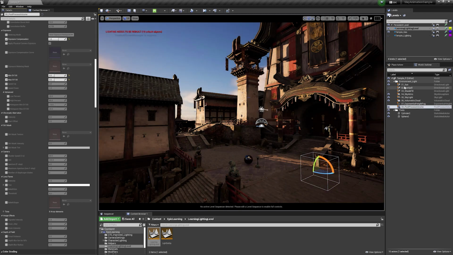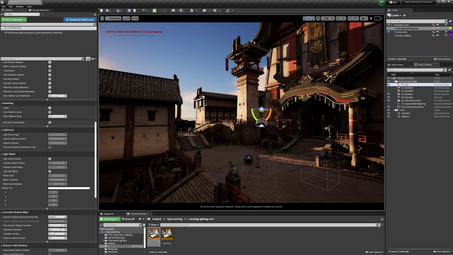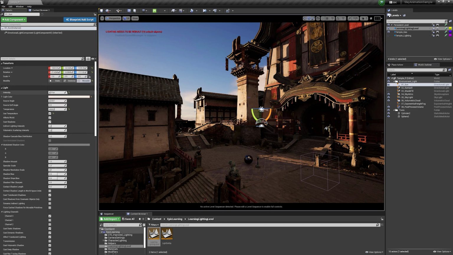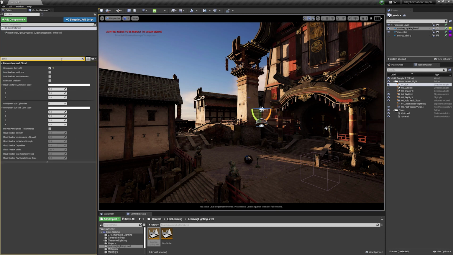Beyond that, we've gone to our primary directional light, and we've enabled it and set up the direction. We've taken it down from 10 to 8 for now, just to block the light in. We've made sure to move it from stationary to movable so that it's fully ray traced. And in the details panel, we've typed in Atmo to make sure that our atmosphere sunlight is attached.